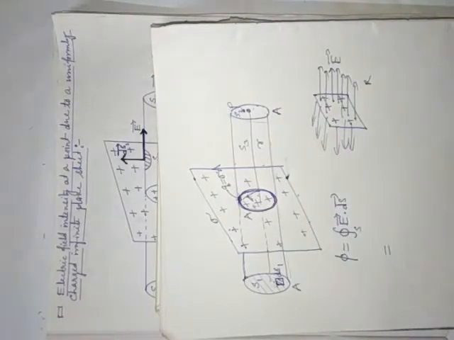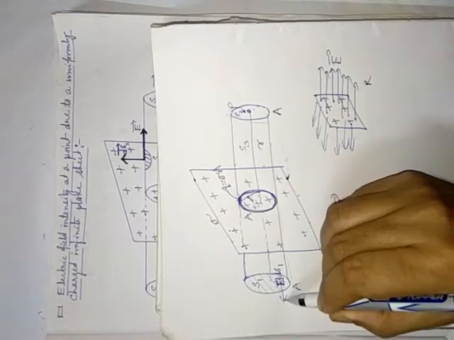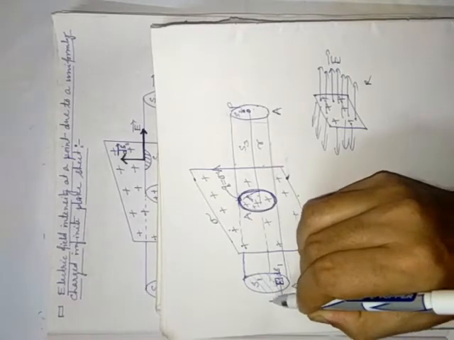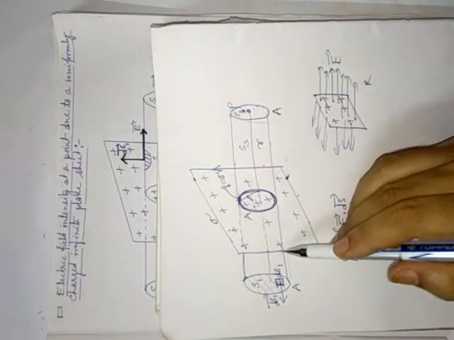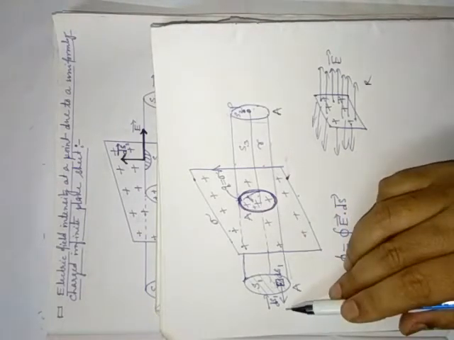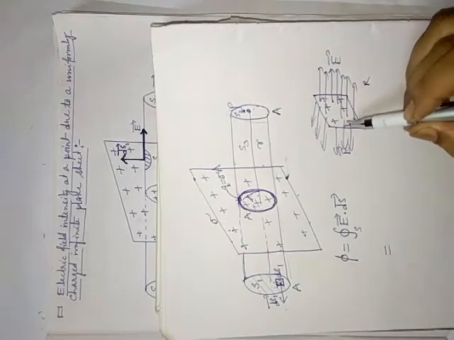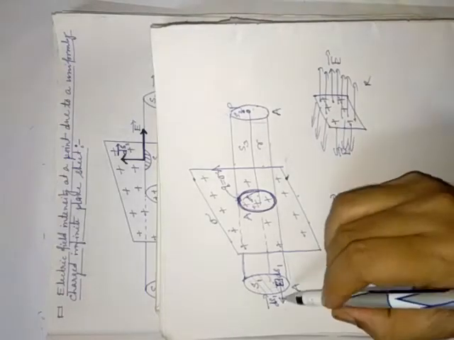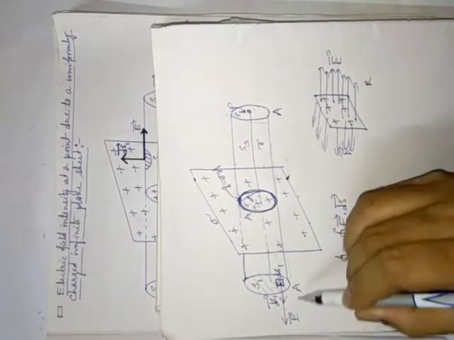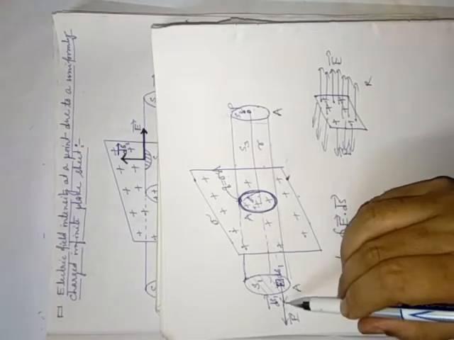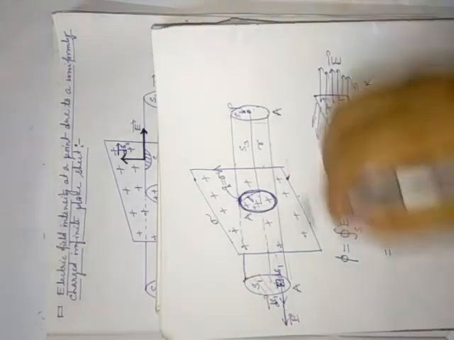Now if you divide the whole surface S1 into small portions, a small part is dS1. If you draw a vector perpendicular to dS1, that is the area vector dS1. Electric field is always coming in the outward direction for a positive charge, perpendicular to the plane. That is why the electric field will be along this direction, perpendicular to the plane of the plate. Now here theta equals